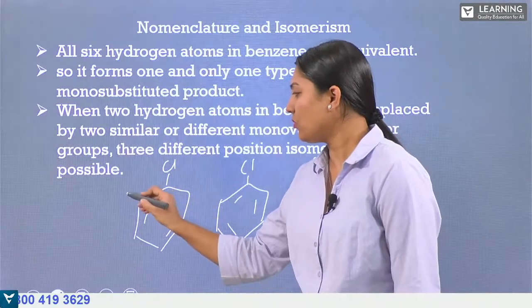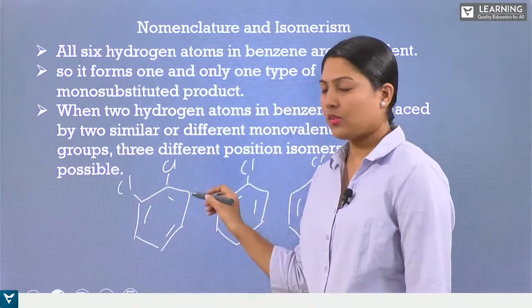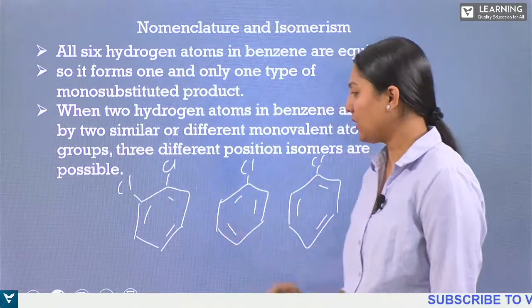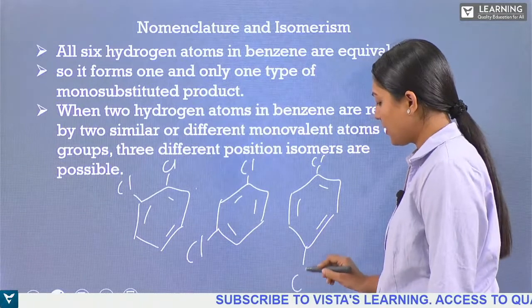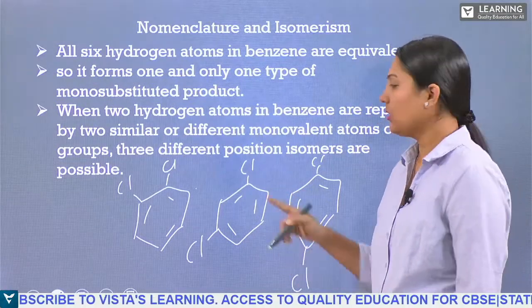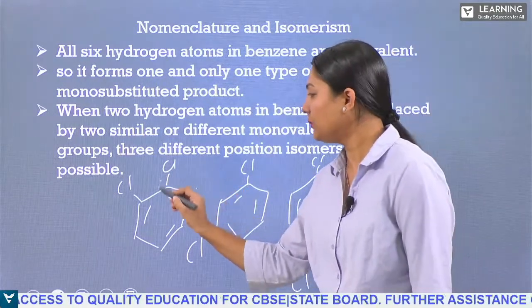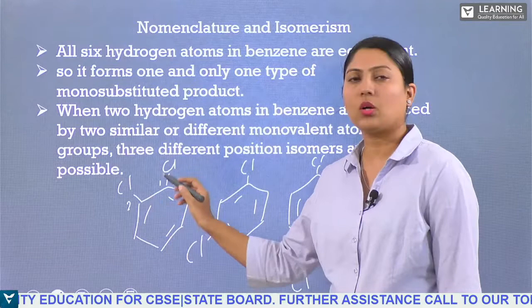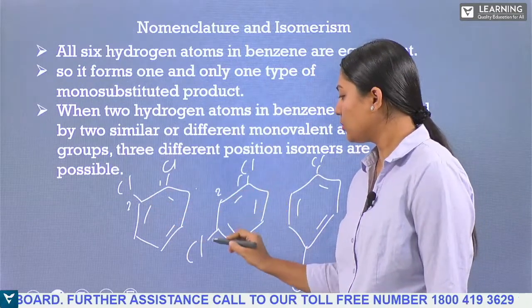And the second hydrogen, I can get it either here or here. So both are the same. So I'll keep it here. The third one, I can get it here. And the fourth one here. If I get here, that will also be 1, 2, 3. Third one, right? Then numbering we know. So here what happens, we'll have 1, 2. So 1, 2 dichlorobenzene. Here 1, 2, 3.